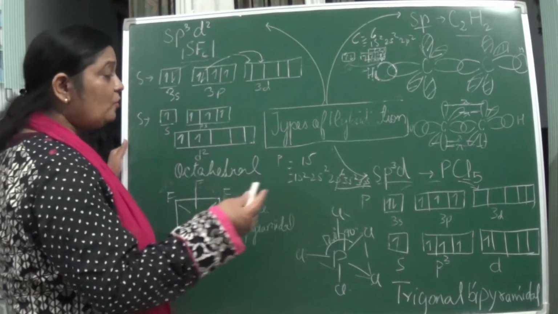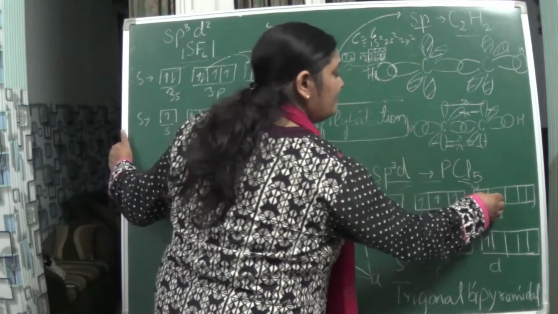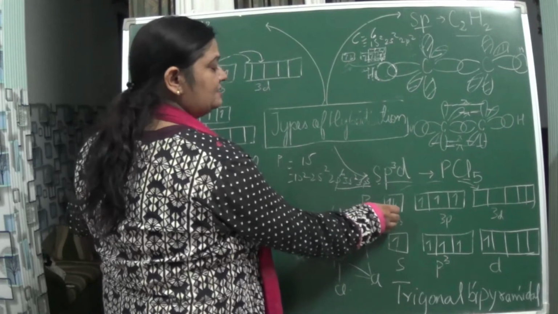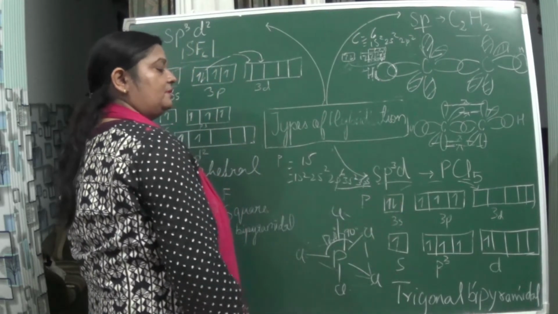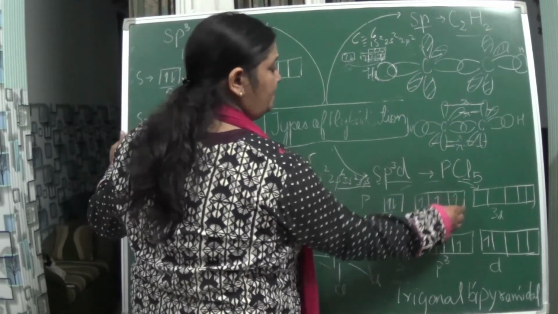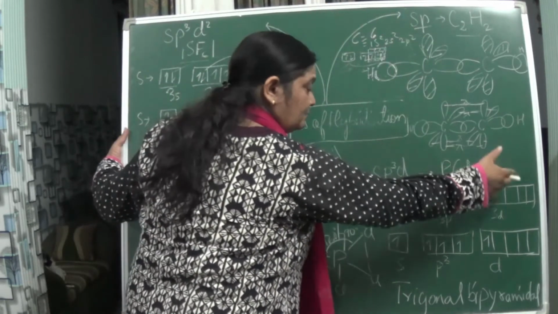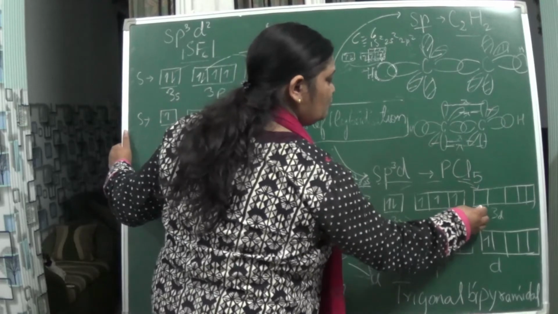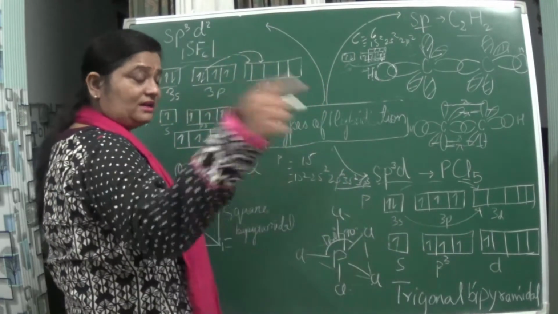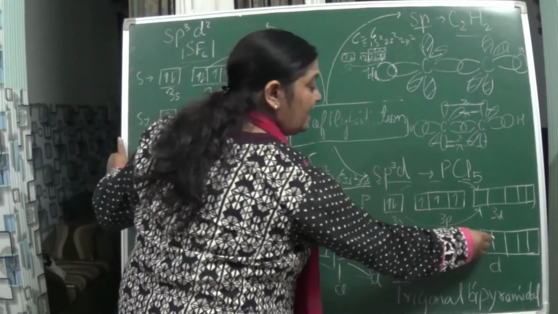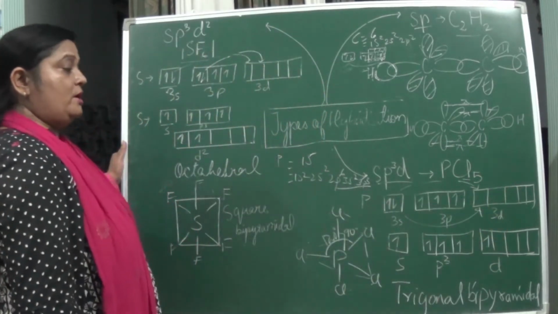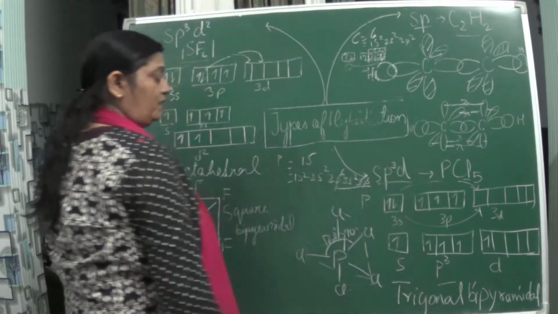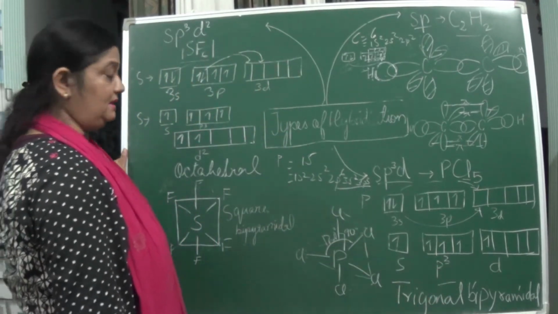So what about the d? D is totally vacant, isn't it? I have arranged the electrons over here. You can see 2 electrons in this s orbital and 3 in the p orbital. D is completely empty. So what happens in the excited state? You can see this moves over here, and now it becomes sp3d. So if this happens, what type of structure will you get in PCl5?